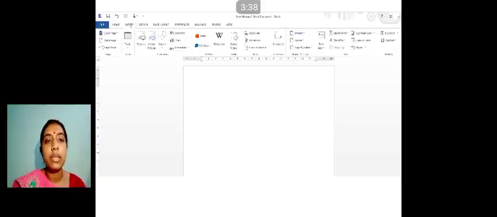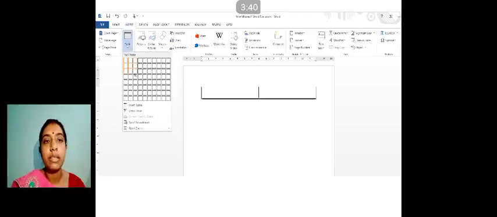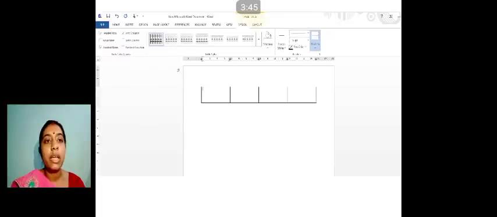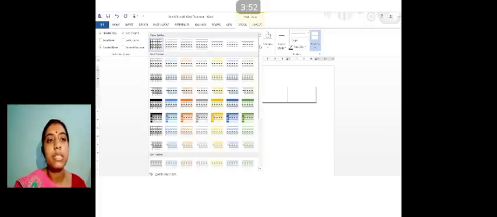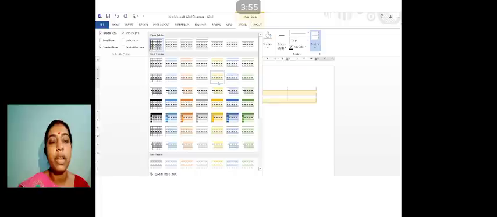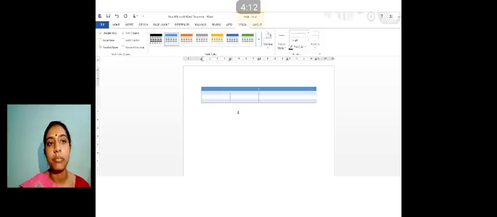You have to go to insert. Then you have to insert a table. Then only that action can be taken. As per your requirement, you will select the table. Now after the table is selected, the design option is available. Go to design. Now in table styles, you can see a drop arrow is there. Now you can see there are several options available according to your requirement, whatever is your choice, because different persons like different kinds of formats. So whichever format you like, that particular format you can choose from that list, as if I have selected this one. Clear?